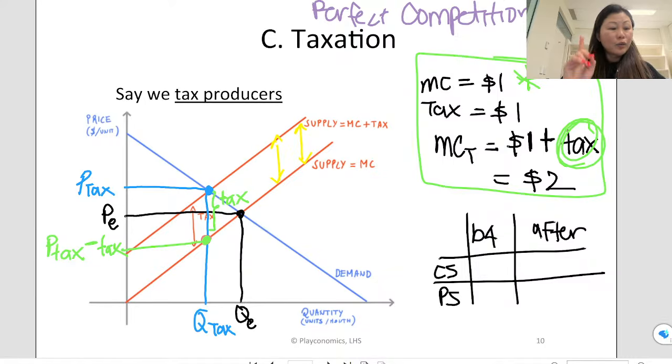Okay. Now we are going to produce at P-tax. So that is your quantity. Now your consumer surplus before the tax